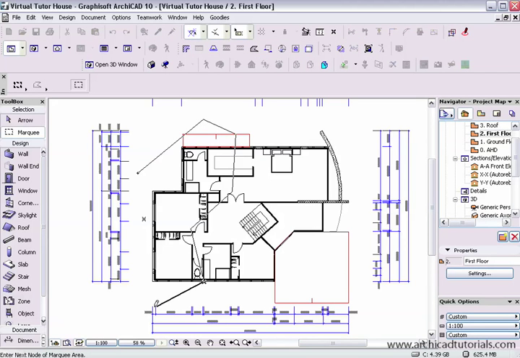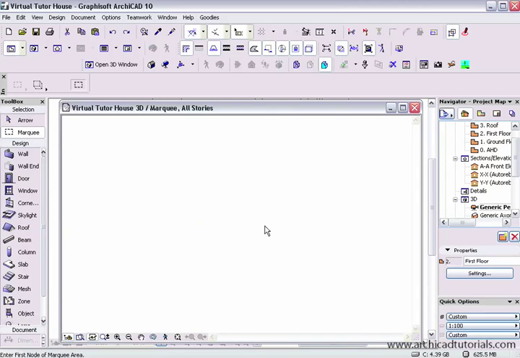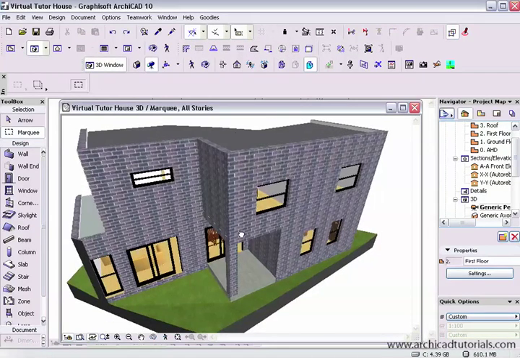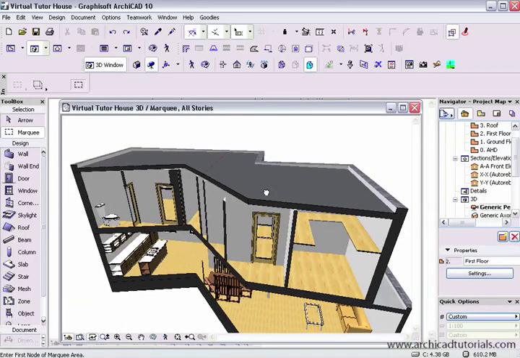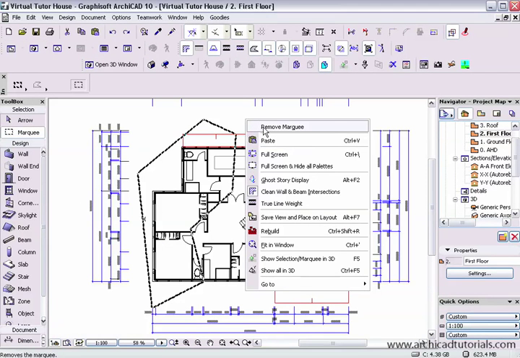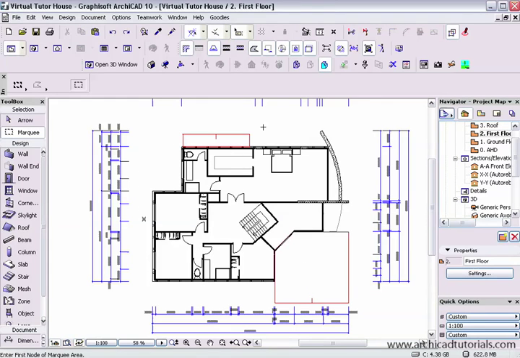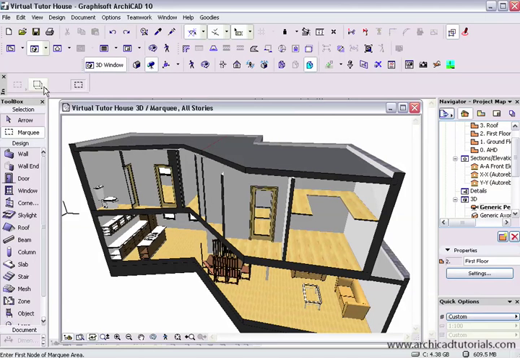The polygon method is particularly interesting, and if I push F5, we can see the effect that that's had there. It's quite interesting. If I right mouse click, I can push remove marquee. As well as having these marquee options in the 2D window, if I go to a 3D view, I can also select certain areas,